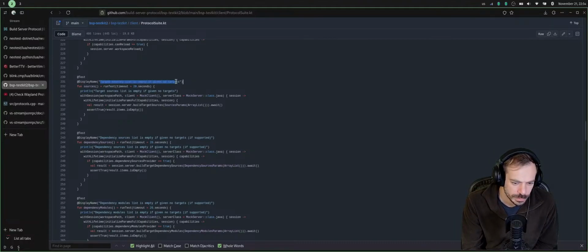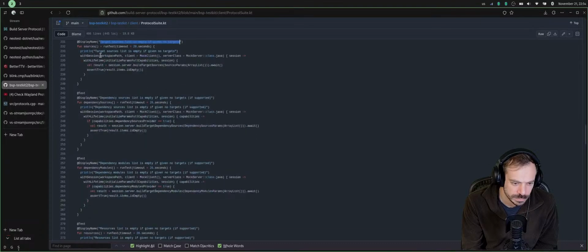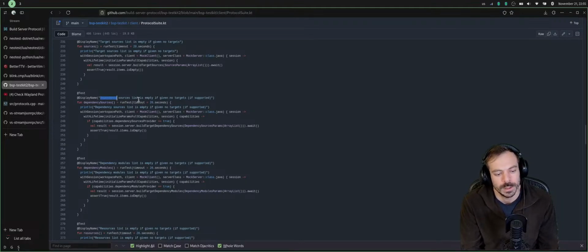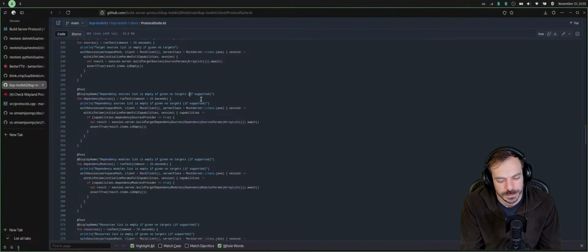Why should I even do that? Dependency sources list is empty if given no targets, if supported. Dependency sources list is empty if given no targets.